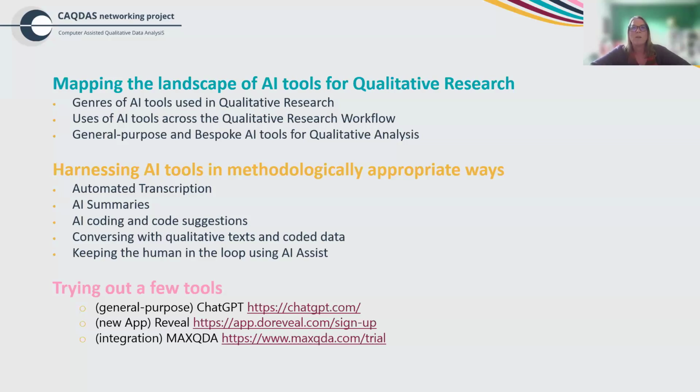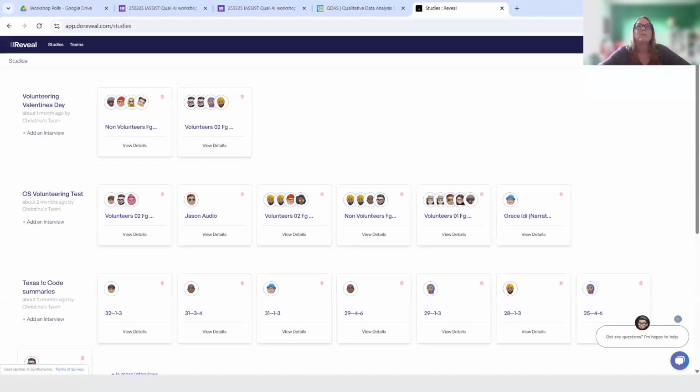And I want to do that by focusing on particular capabilities. And if you want to try out tools after the workshop, we had initially thought that we might do some hands-on work together, but there are so many of you that that's probably not going to work today. But I have got some links there that allow you to try a few different tools out later if that's useful for you.